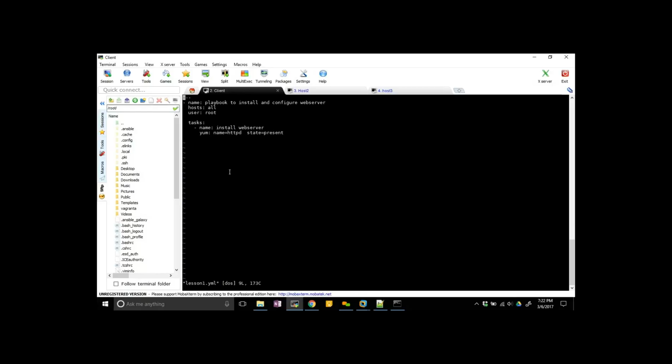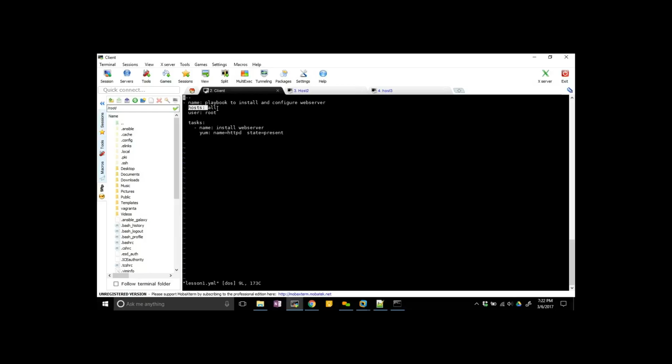So I repeat once again. Any YAML script starts with three dashes. Then you start with hyphen name colon, and give some text, whatever you require, and you define the target machines. The hosts dictionary gives you the target machines.